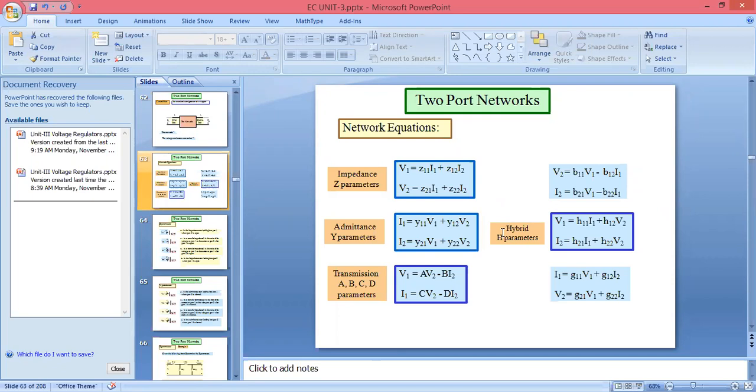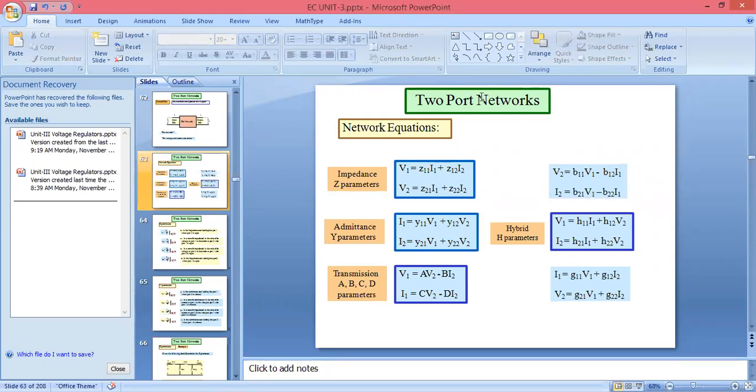network. Again, in addition to defining these various types of parameters and doing the calculations, we can study the effects on the parameters when various networks are interconnected. At that time also, we can study about the transformer and the negative impedance converter. So we can say